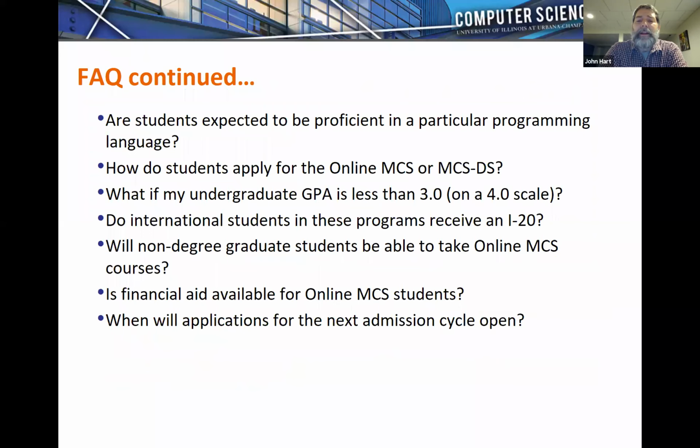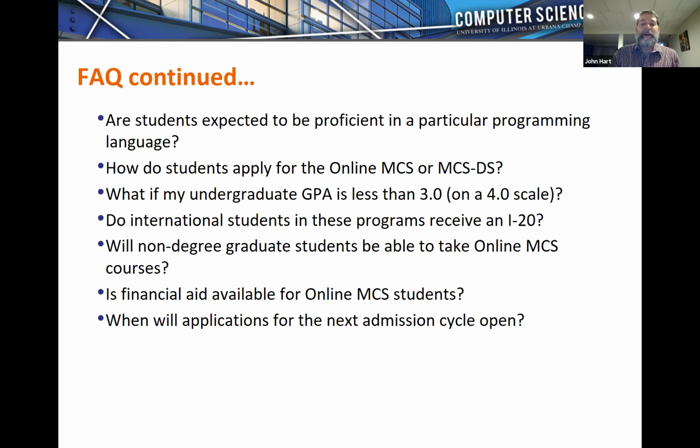But for many of the other classes, students may need to learn C++. They may need to use Java or a production programming language. So it's good to be familiar with C++ or Java in a compiled environment for production software engineering.